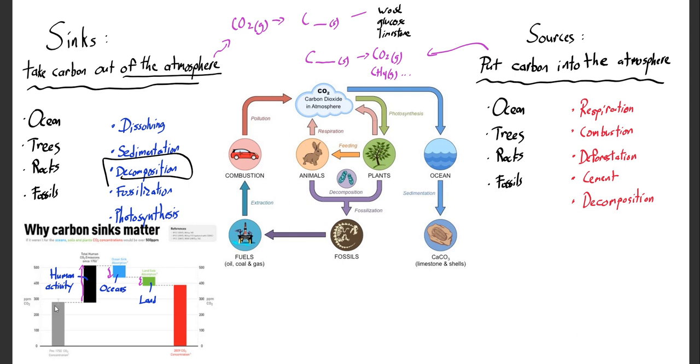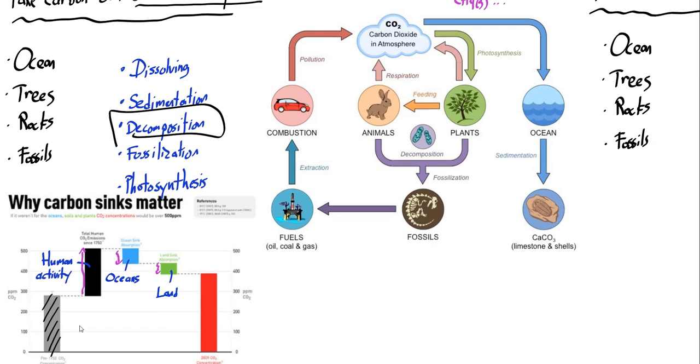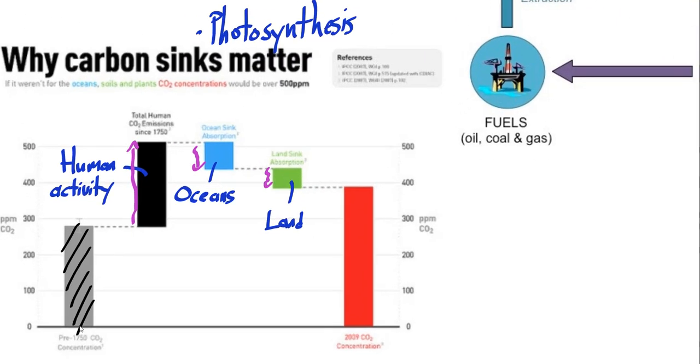Now, if we look at the CO2 concentration in the atmosphere, the border here was 1750 for this particular graph. Pre-industrial age, the CO2 level in our atmosphere was around 250, 270 parts per million. In the intervening years until now, we know that human activity, and this is just counting human activity, not counting things like volcanism or other animal respiration,